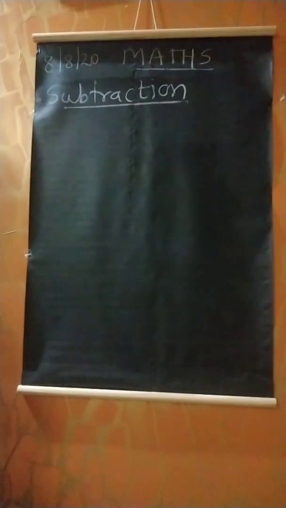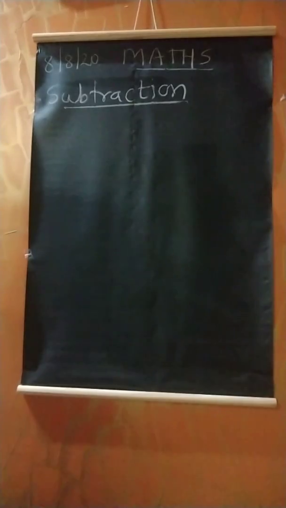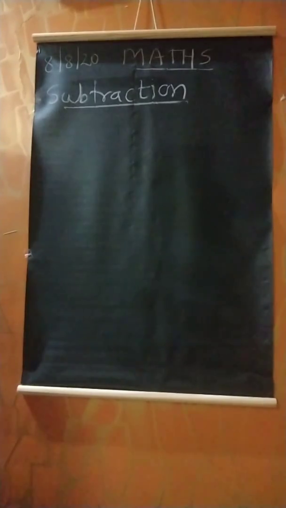Okay, move to the next and last part of this chapter on integers, that is subtraction. I have already told you in the last lecture that when two opposite signs are there, we subtract the smaller number from the bigger number. But there is one more rule in subtraction.